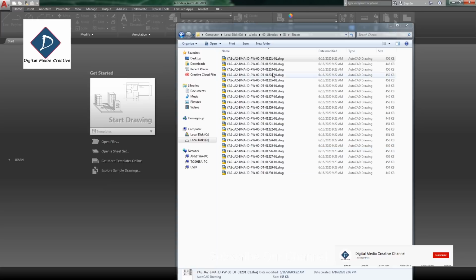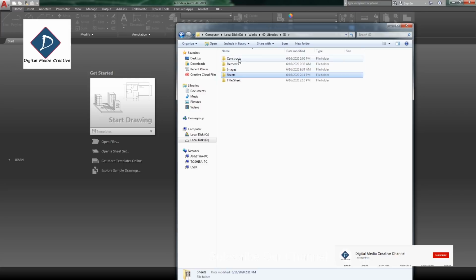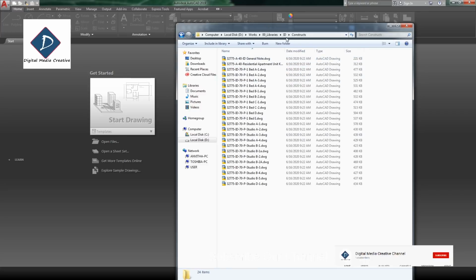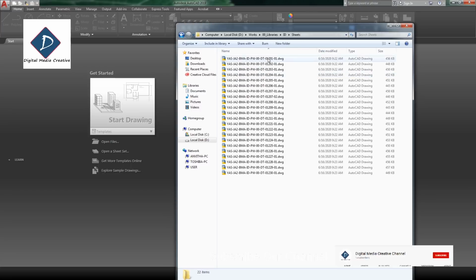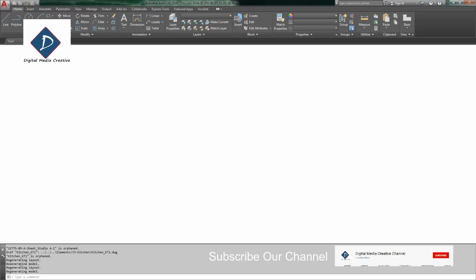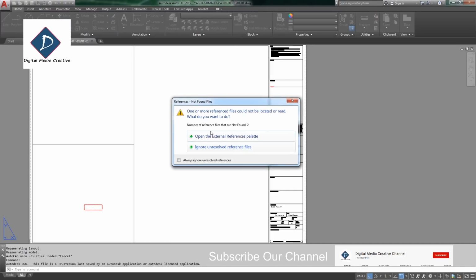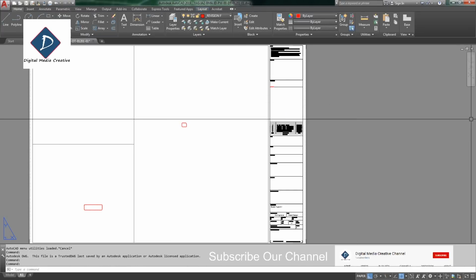So for example, I received these 22 files, and there are many xrefs. You can see some xrefs here, and some element files, some images, and also the title block xref. Then if I open one file, you can see all the xrefs are missing.